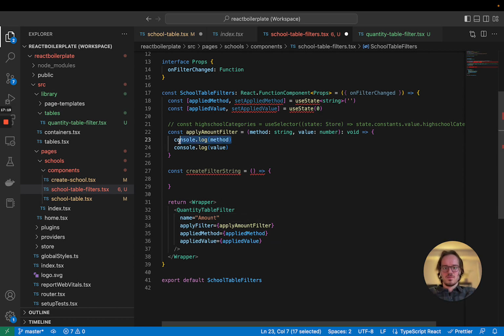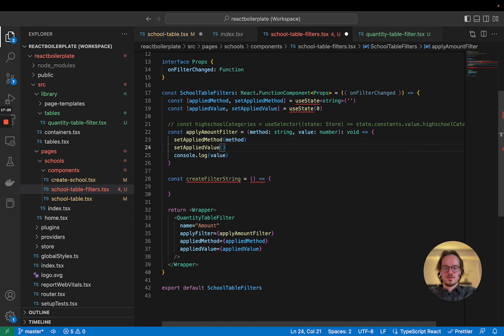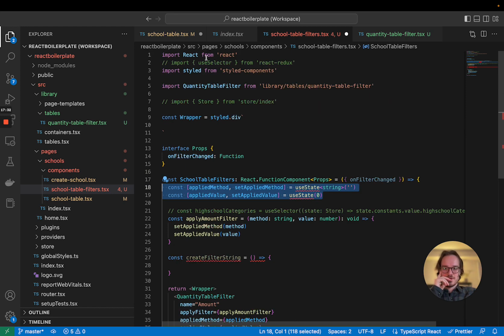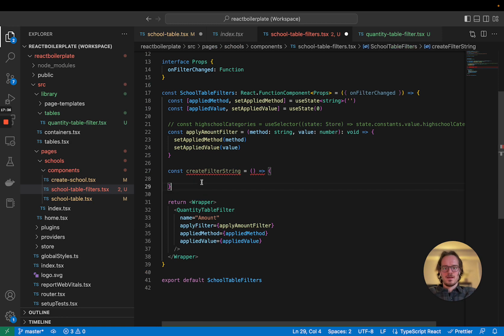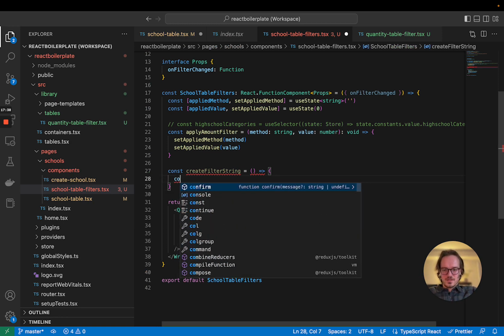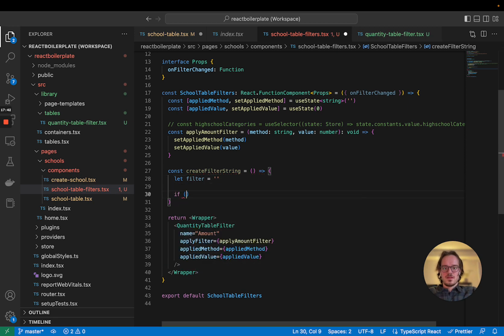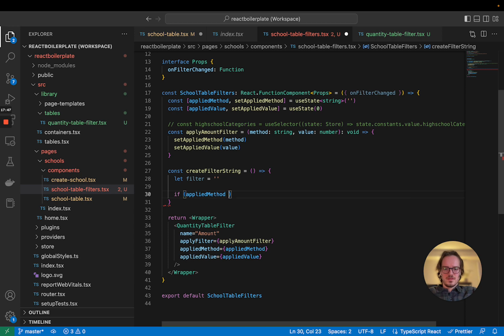And then in here, we can say set applied method to the method, set applied value to the value. And then this create filter string is essentially going to go through all of these. We don't have use state. And it's going to create a string. So like let filter equals an empty string. And then if applied method is not equal to an empty string,